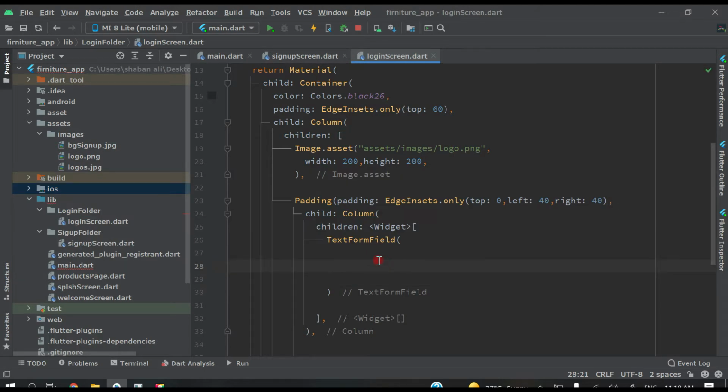Inside TextFormField, guys, let's first of all create variables as we did in the sign up screen.